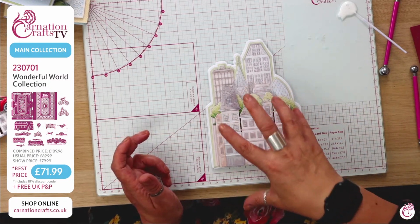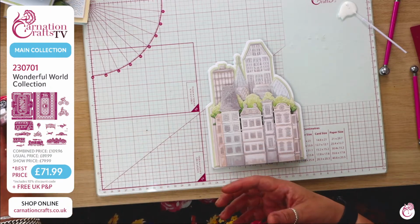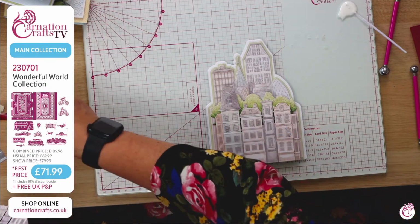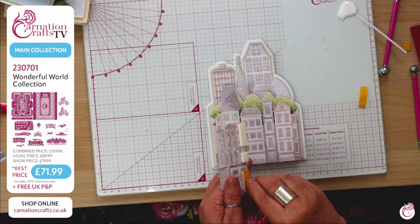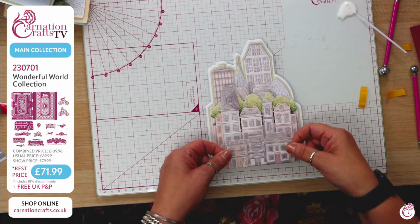Now, I'm going to build into the next layer the same way that we did yesterday on those foam tapes. So we're raising up, and I'm going to use the tree line in the same way because visually I just think it's beautiful. But we can change it up by creating smaller lines. Now, if I place this down just on the front,